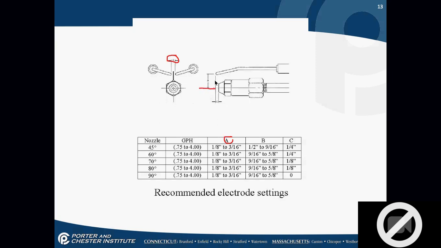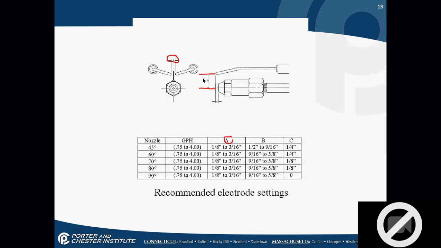B is the distance above the nozzle center line for our igniters. Okay? Smaller amounts of oil, smaller nozzle degree angle. By the way, that degree angle, again, remember, is the angle of the cone of the spray. We normally are anywhere between 9/16 to 5/8 inch, with the exception of a 45-degree angle, and that's ½ inch to 9/16. Very, very small